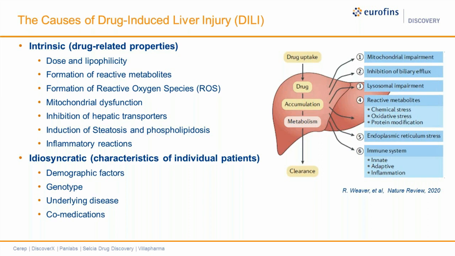Most drugs are metabolized in the liver, and some generate reactive metabolites. Those reactive metabolites can covalently bind proteins to generate drug protein adducts that might trigger immune-mediated reactions or cause direct toxicity. Formation of reactive oxygen species, ROS, can cause oxidative damage in the liver. Increased ROS can directly damage DNA, proteins, enzymes, and lipids in cells and tissues, and induce